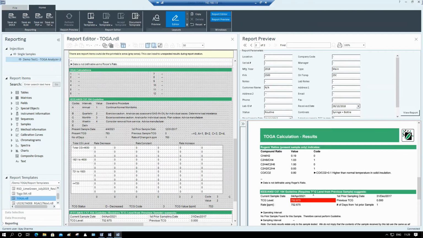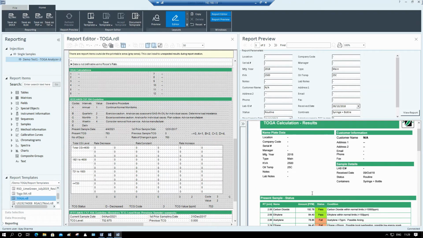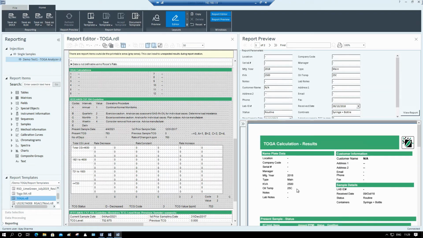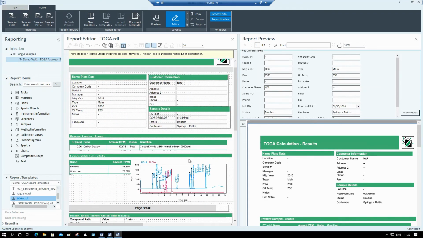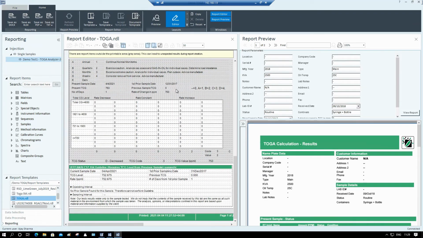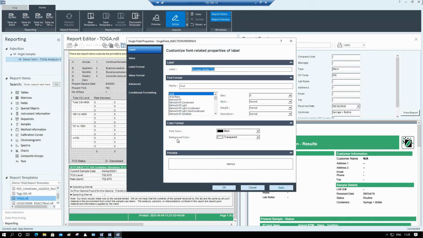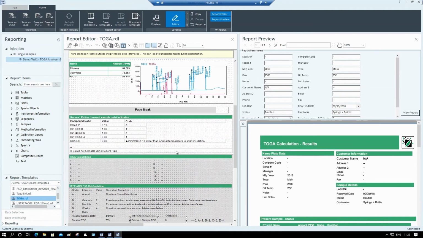All these values can also be adjusted depending on the lab, because different regions and labs may have different specification limits. All you need to do is go onto the template and double click the values you want to change or modify, and you can customize the way it appears.